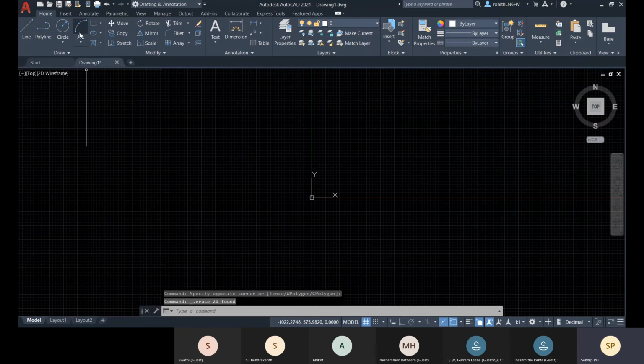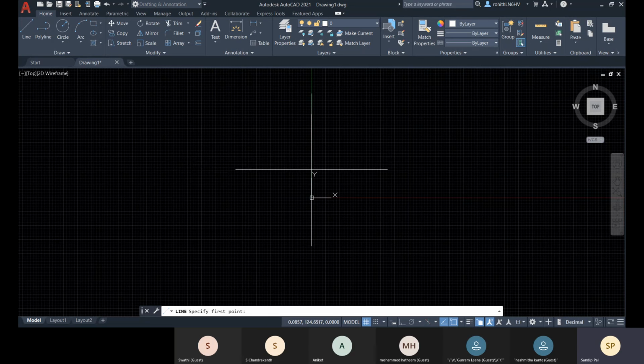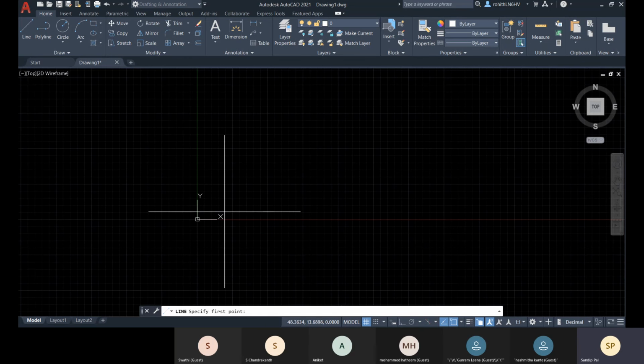So we can choose any drawing object. So let me just choose this line. Line I have taken, and I will give any value. So the first point will always be absolute. It has to be absolute because you don't have any previous point, right?